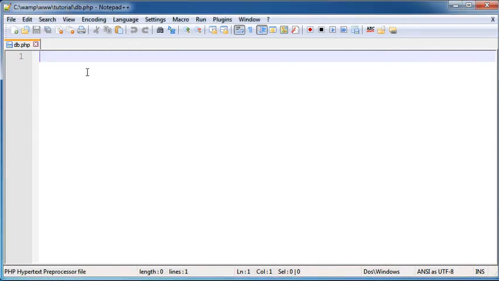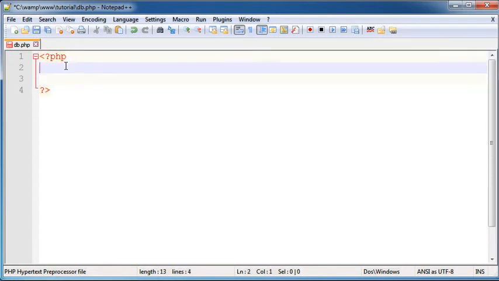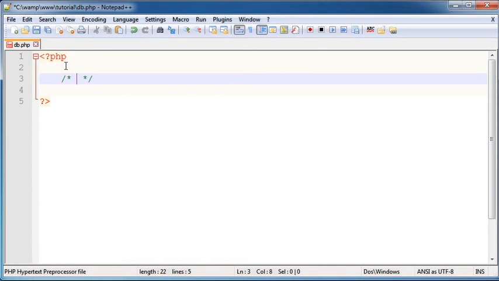Now in this file here, db.php, we will store the code which will enable us to access the database, and then we will include this file wherever or whenever we will need to get access to our database, and we can do that by using this simple code here, php, just a comment here,